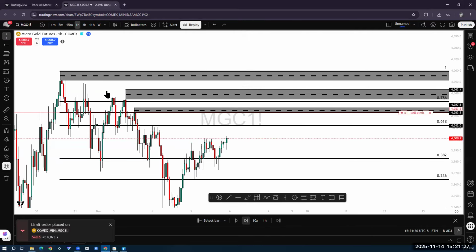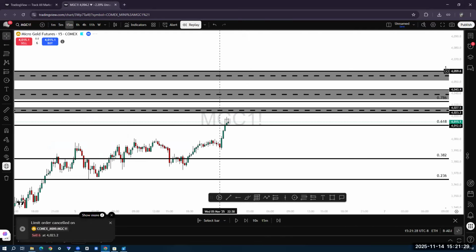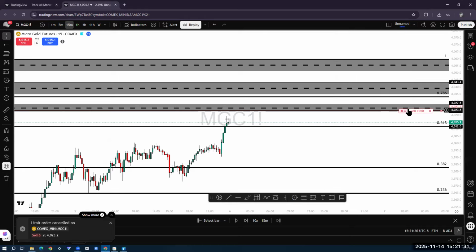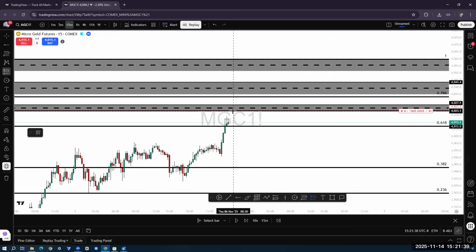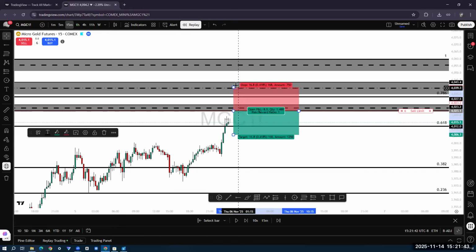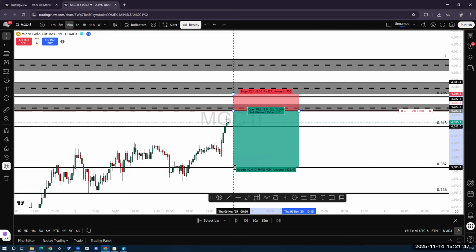And you're going to allow price to drop down to your 15-minute time frame. And you're going to have your stop loss at the 786. So worst case scenario, you get stopped out, but you can get right back in if price rejects. That's why I take 2 trades per day. This is why the way I trade is so effective. Stop loss is about right here, targeting a 1 to 3 risk to reward ratio.